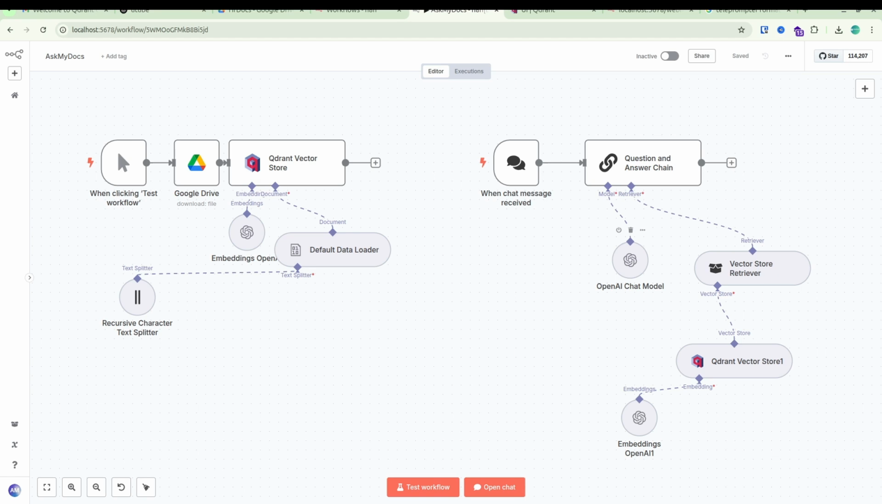There are two parts. One part reads the document from our Google Drive uploaded text file, and the second part stores it to our vector database, the Qdrant vector database. And the second part is that